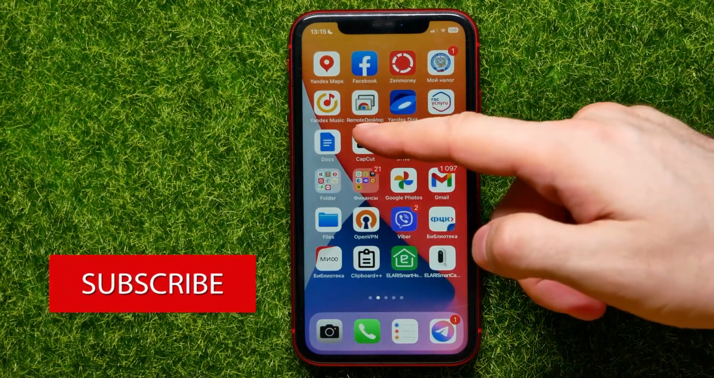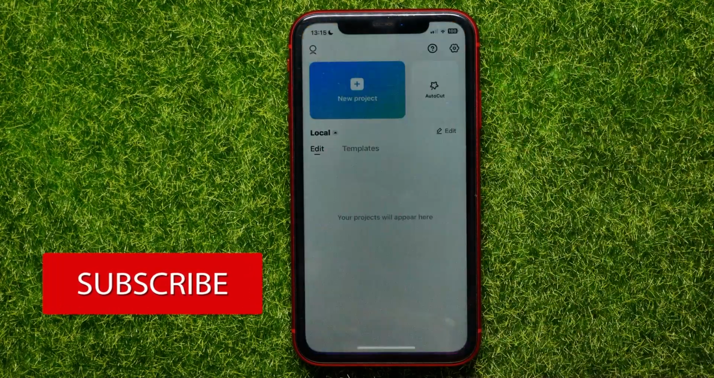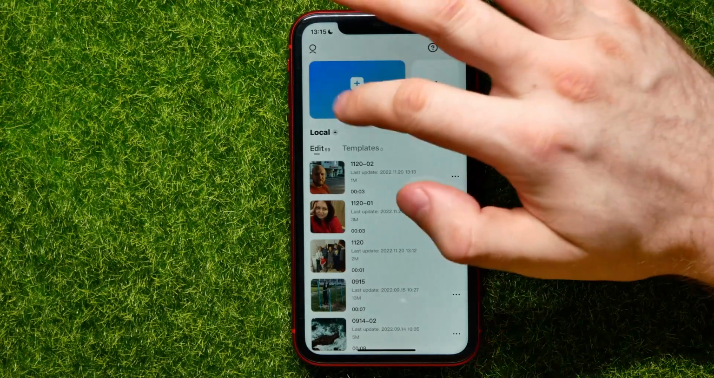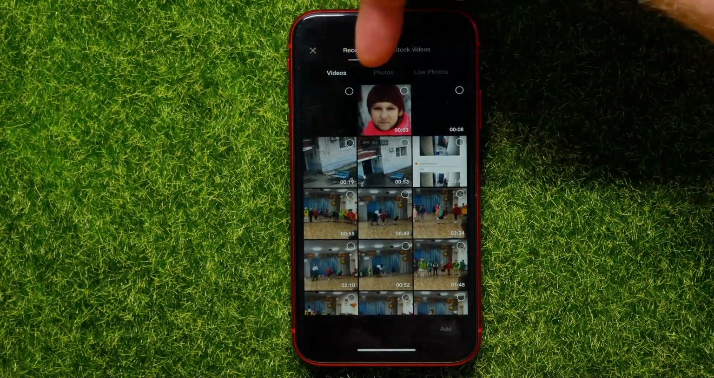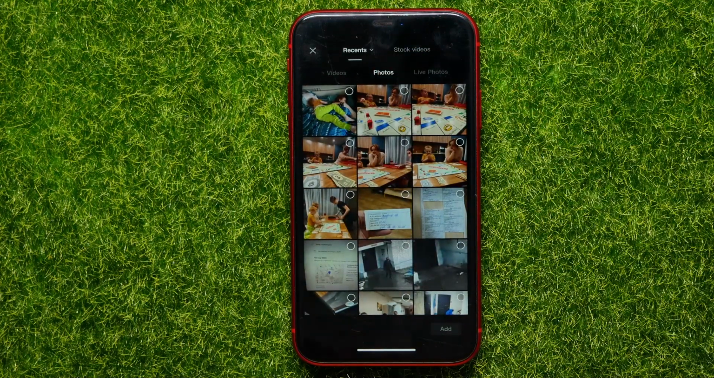to App Store and install that app first. Once you did that, just open it up and then right here hit that big plus sign where it says new project. Now here at that tab you have to hit add photos because that tool actually works